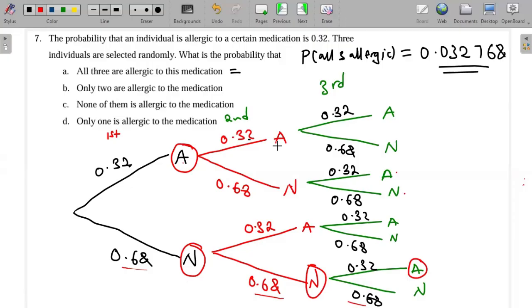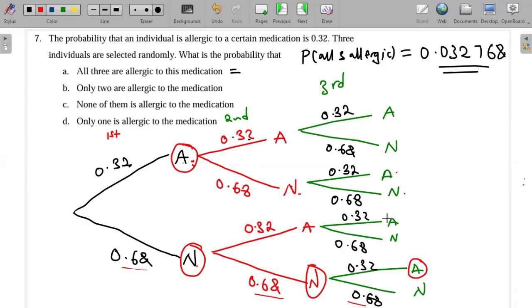Because they're saying only one is allergic. So if this is allergic, okay, then this guy is not allergic, and then this guy again is not allergic. I have one. Okay. What about if I have not allergic, and then allergic, and then